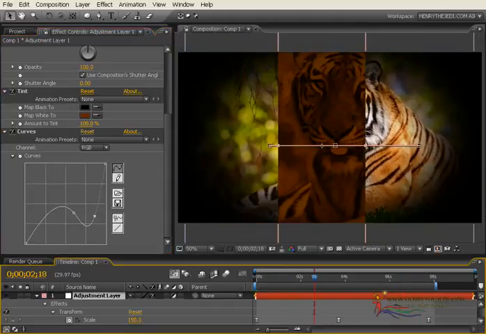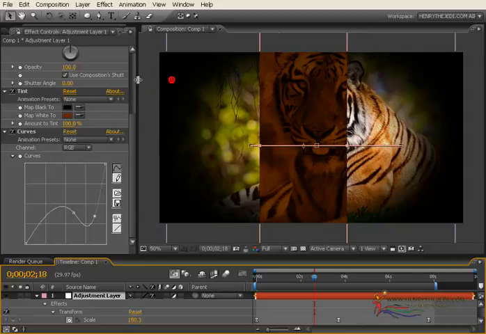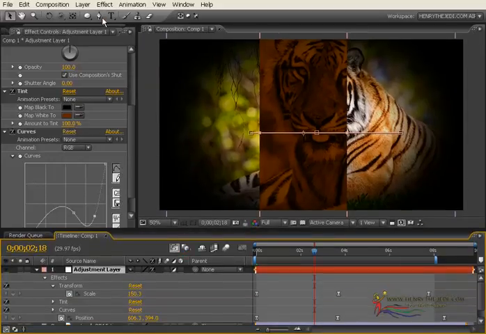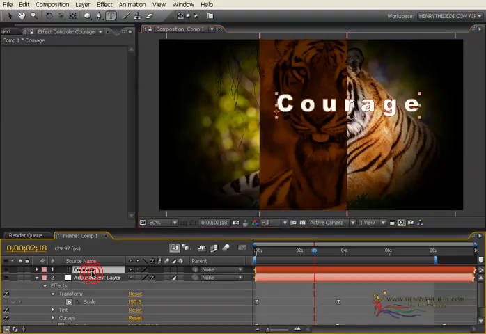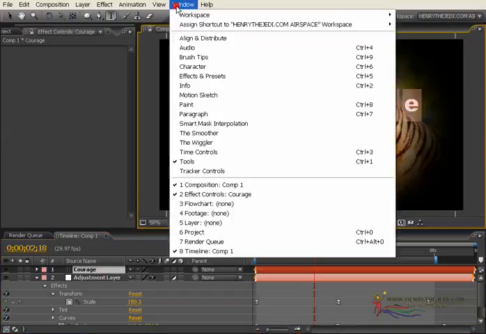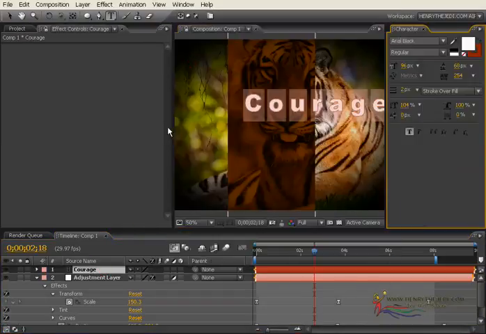Beautiful. And then next we are going to bring our text animation by typing a simple text here. We are going to start with courage, because I always believe the tiger always represents courage in it. And then we are going to change our settings. Let's bring up the character window.